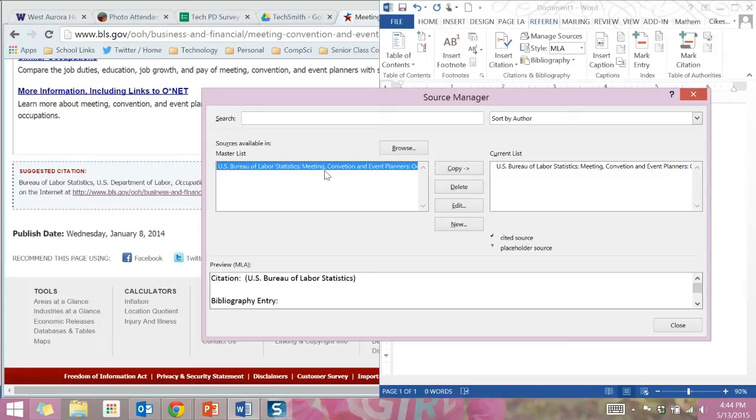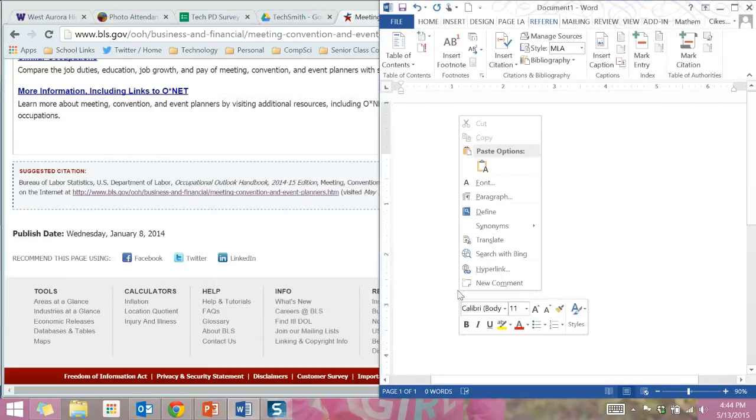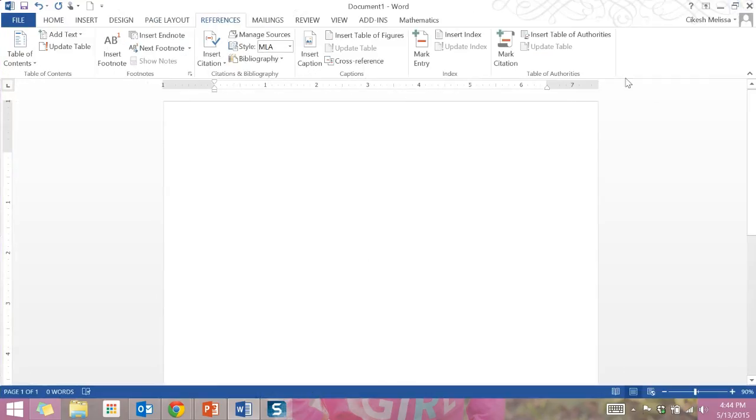It saved my source in both the master list on the left and the current list on the right. For our purposes, just leave it the way it is. Now for each site that you have, keep clicking New, and then you get a list populated on each side. And then when you're done, click Close. Now there's nothing yet on your Word document, but there will be. So now that you've got all of your sources in there,